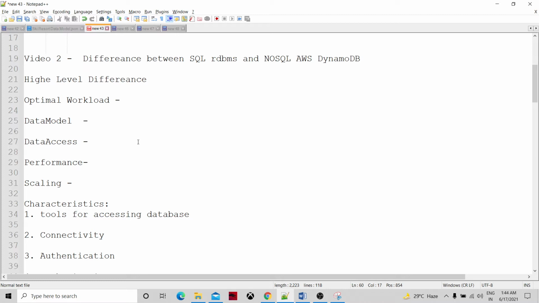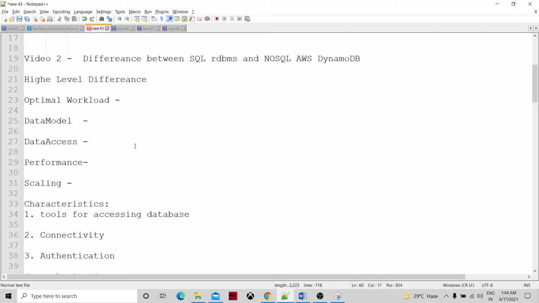Relational database systems have a rich set of tools to simplify the development of database-driven applications, and all those tools use SQL as the query language, with a little bit of difference. For Oracle or other databases like Sybase IQ or DB2, there is a slight syntax difference, but overall the same query language is supported by all the RDBMS databases.